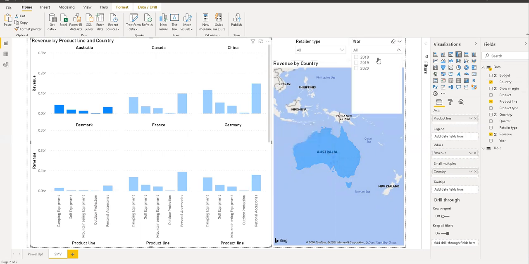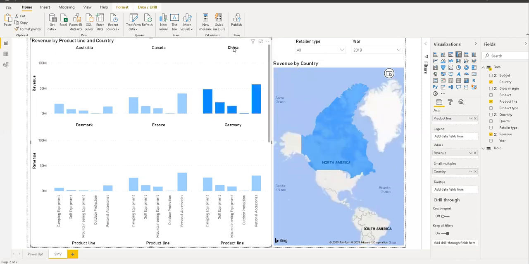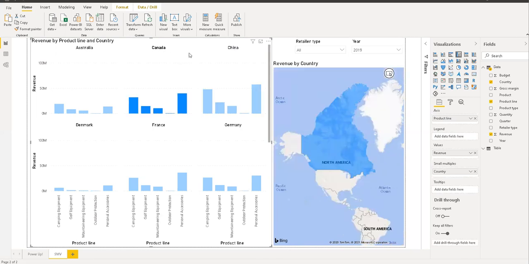If I select one of the years, say 2019, all the charts are interactive, and everything is updated over here. So I see the figure has changed now, 47 million. It's a very powerful feature, and we have been using this in board meetings. It's very good if you are looking after some of the countries. So in order to present to the management, on clicks, you can give them